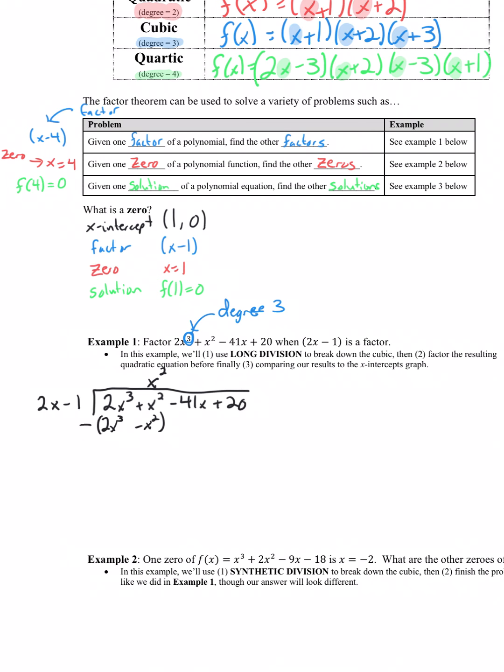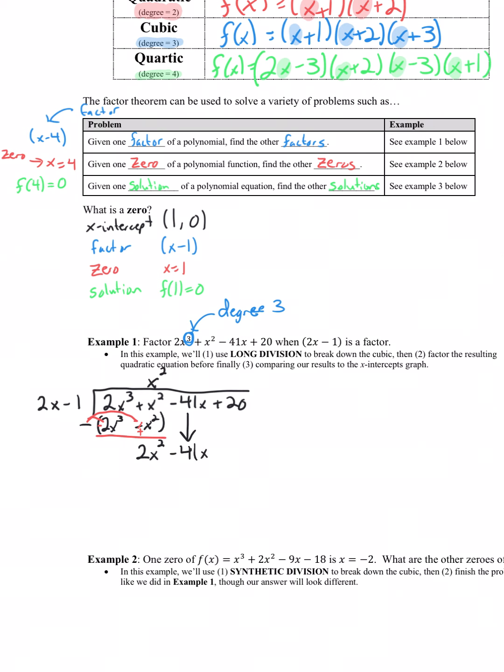And then it's a polynomial subtraction problem, and I have to distribute that negative through. It's going to become a -2x cubed plus x squared. So I end up getting the 2x cubes cancel out, and I get 2x squareds,